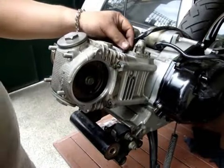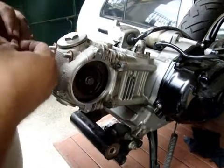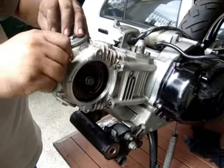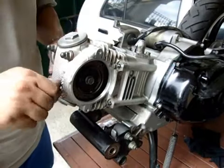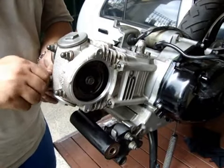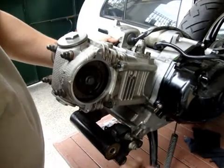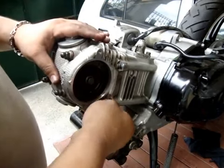After getting done with the timing chain tensioner, you put back the head bolt washers, then the head bolts. You're supposed to torque these to a certain value, which I'm going to do later. First, I just want to see if the valves are going to hit the piston during its overlap, because we installed the new camshaft with the high lift and longer duration. Tighten the anchor bolts first together, and then